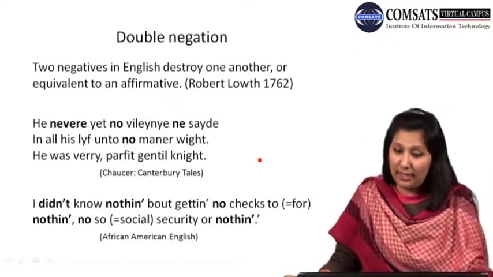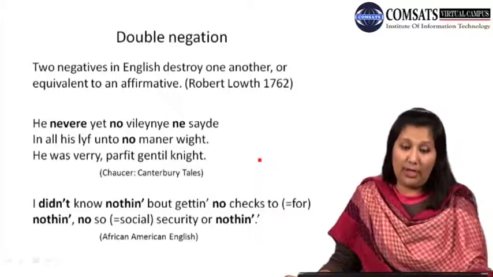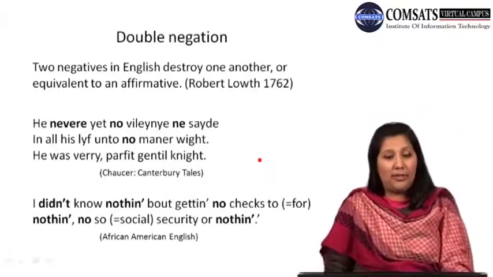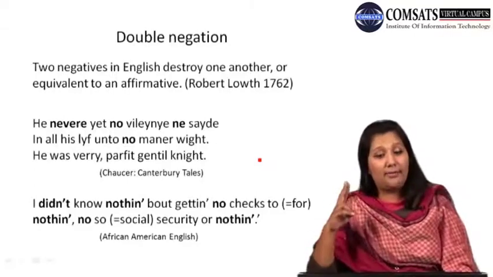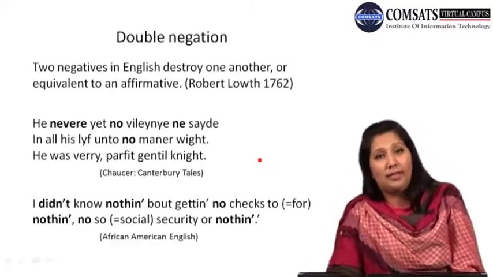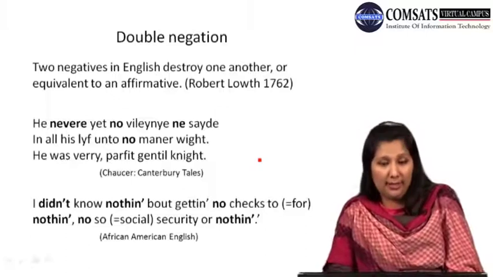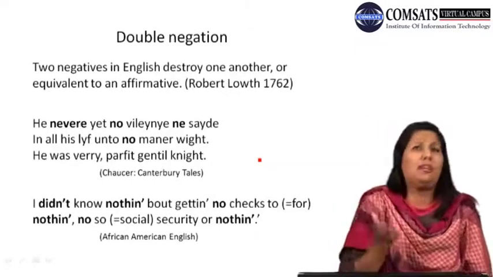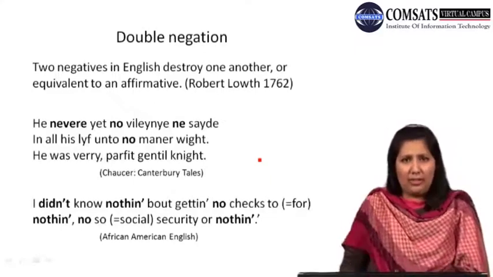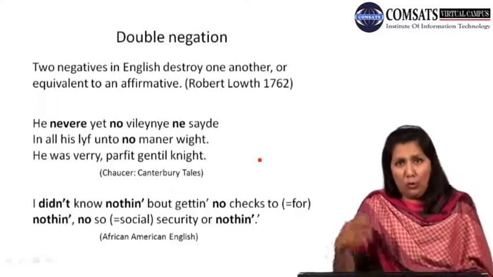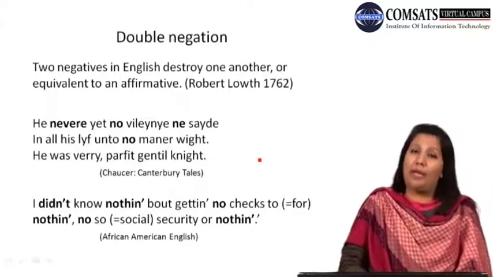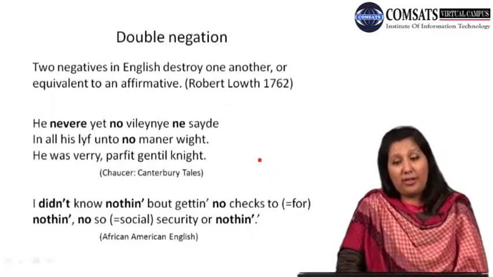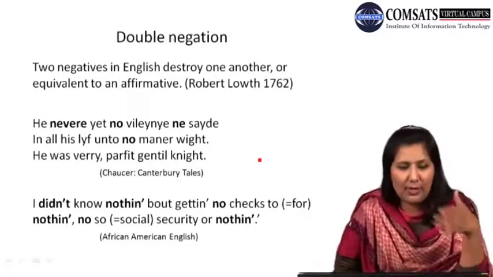Two negatives in English destroy one another, or are equivalent to an affirmative. Yes, Robert Lowth in 1762 says that two negatives in English would destroy one another. Even in your normal daily life, if you say no two times, it means two negatives make one positive, so they can cause destruction. Robert Lowth says, for example,